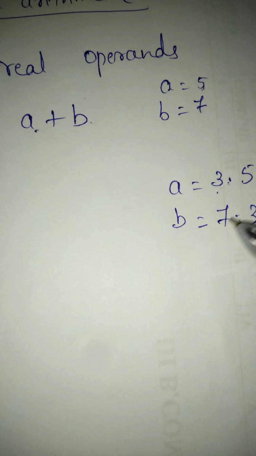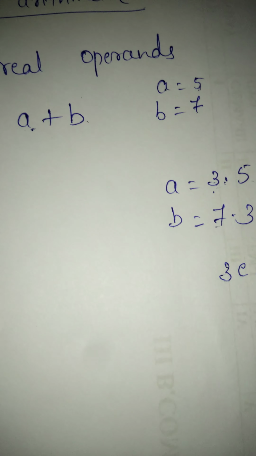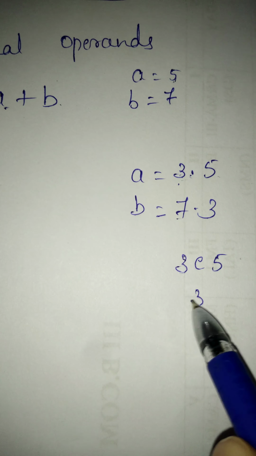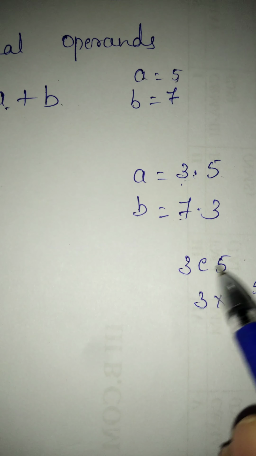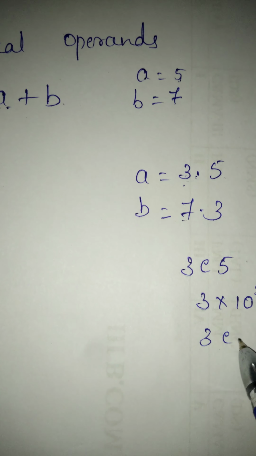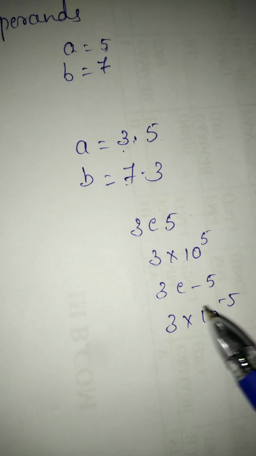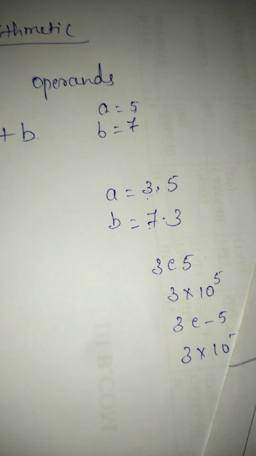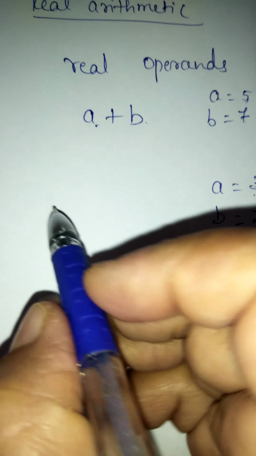A real operand may assume values either in decimal or in exponential notation. This is a decimal value. Exponential notation, for example 3e5, you studied in the previous topics. 3e5 is nothing but 3 into 10 power 5. Then 3e minus 5 is 3 into 10 power minus 5. This is exponential notation and this is decimal notation. For example,